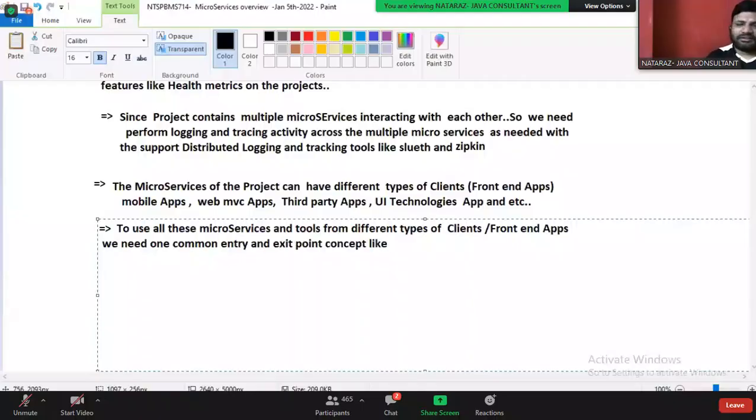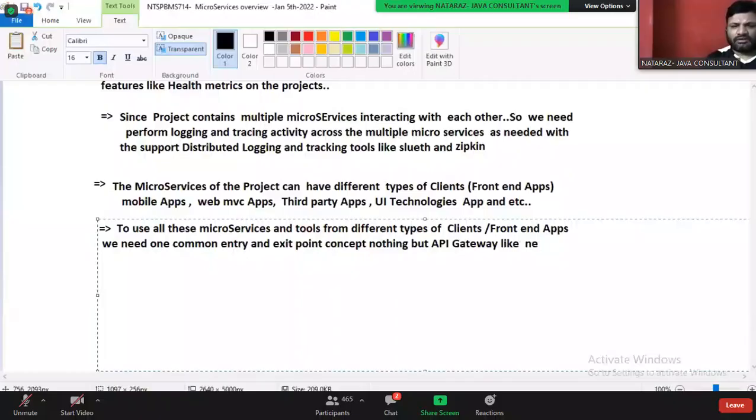One entry and exit point concept, nothing but API gateway. Understanding my statement, guys? API gateway, like what?